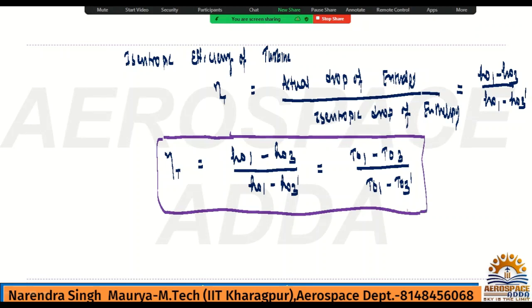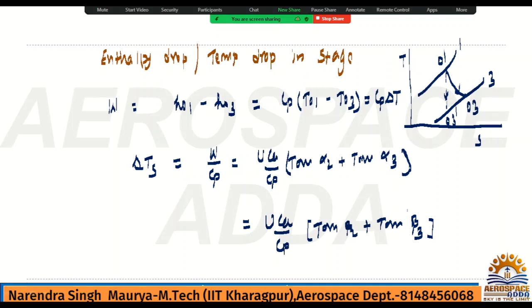Now, how to relate this with the pressure? If you have turbine efficiency, then you can write it in terms of pressure ratio also. This value you can write. And very important, if you check here the value of temperature, check, this is nothing but,